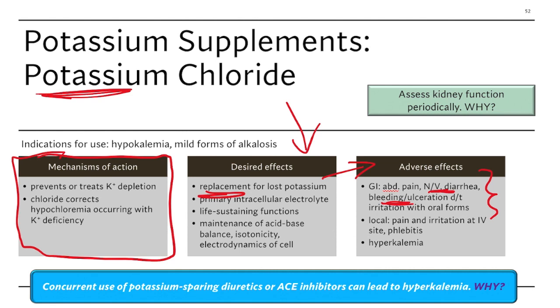Diuretics cause a decrease or a loss of potassium. And so a lot of these patients will have hypokalemia. So they're on potassium supplements as well. And so we give these every day to patients,